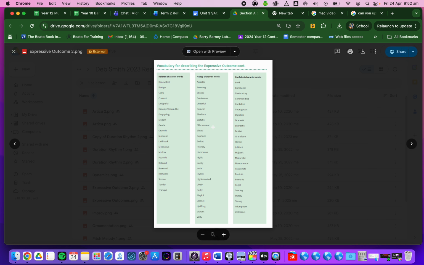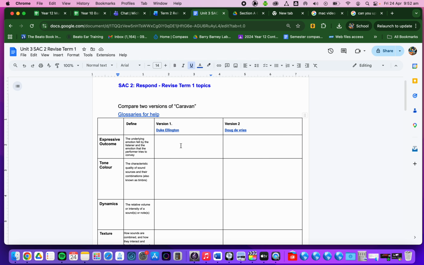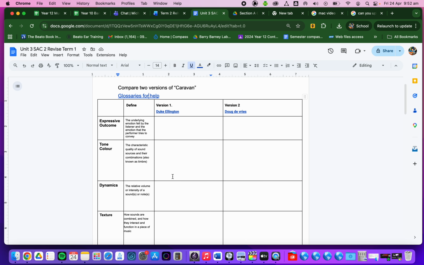And the other one starts with the drums. And maybe it's got a bit of a cool sound to it. So maybe it's more of a relaxed, more of a content, easygoing, laid back, those sort of terms. So just remember, when we're analysing a song, we are choosing character words or expressive outcome words, and then they will be the words that we relate the elements to. Okay? So for this activity, though, we're just looking at the elements and getting our thoughts on the page.